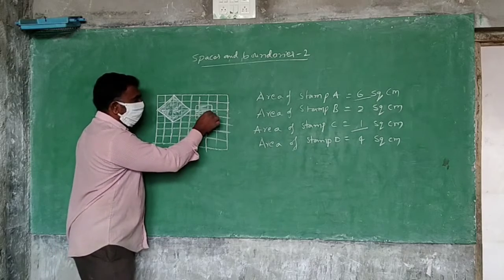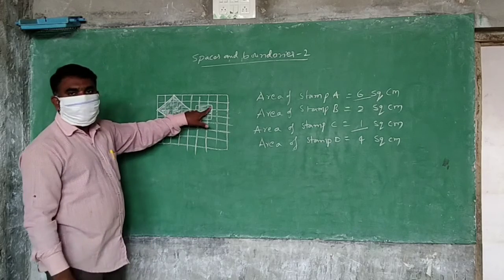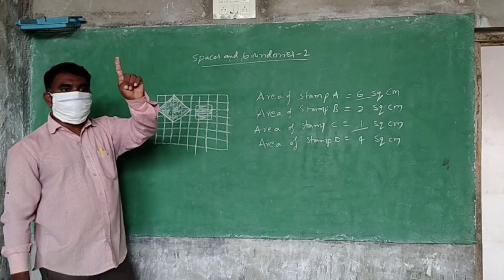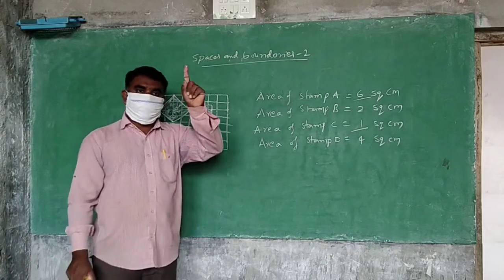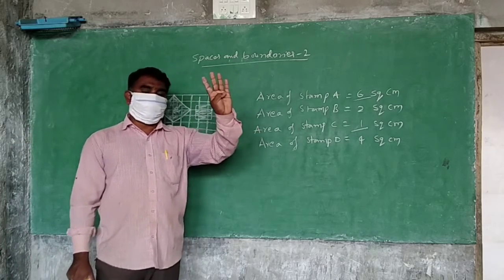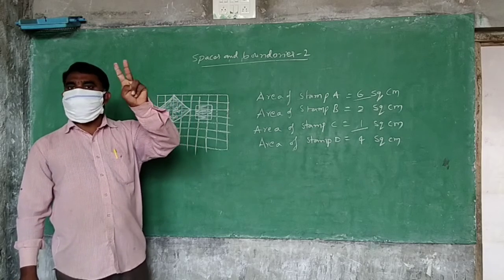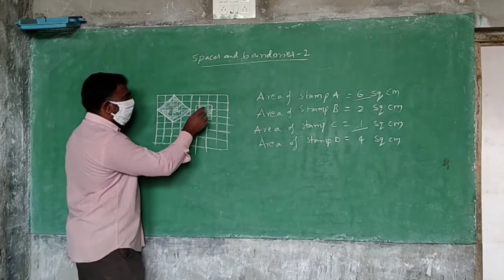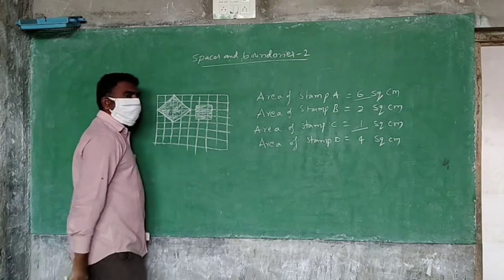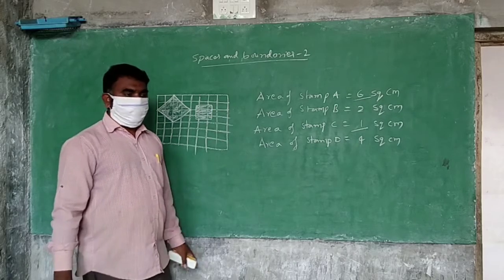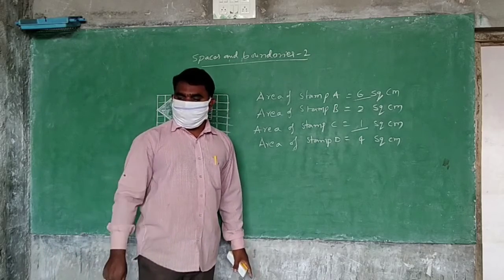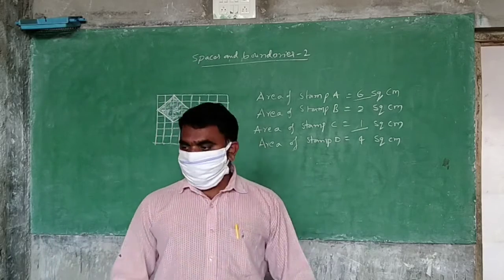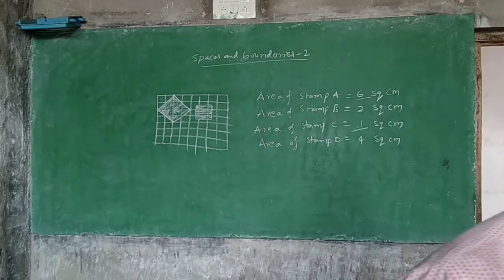Here 1 full is there. 3. And this is what? Quarter it is called. This is 1, 2, 3, 4. 4 quarters will become 1. Remember that. 2 halves will become 1. 4 quarters become 1. You understand? Yes. So 1, 2, 3 and these all together 1 only. 4. So what is the answer? 4 square centimeters. Can you find the areas of all the pictures given on the page? Okay, find them out. You finish? Okay.